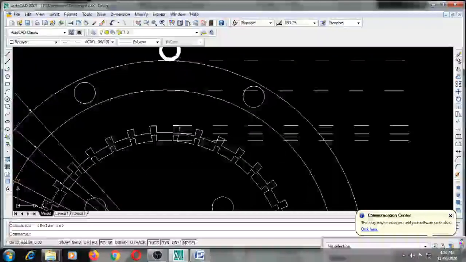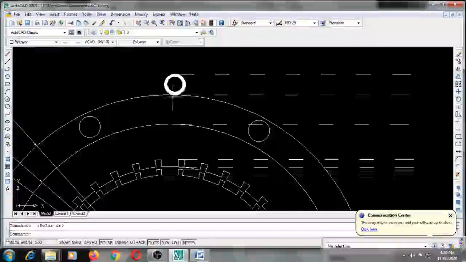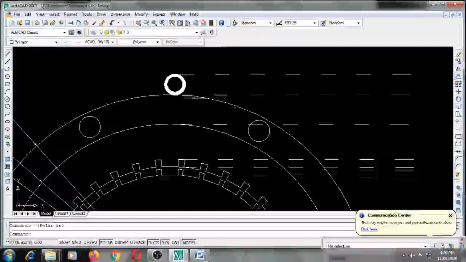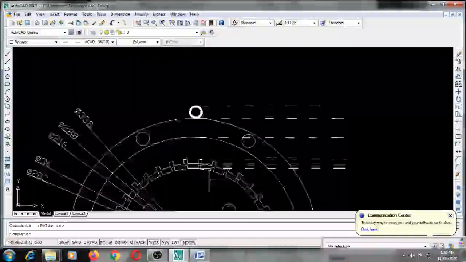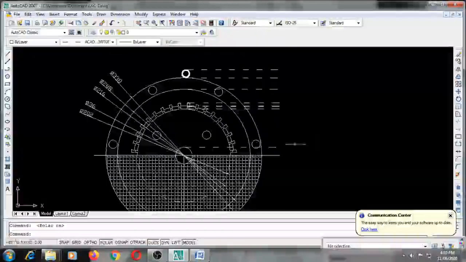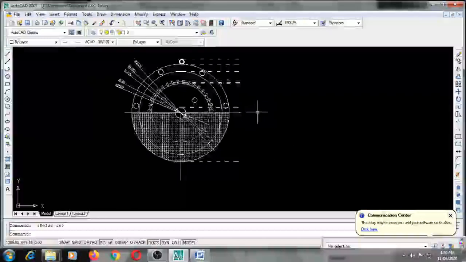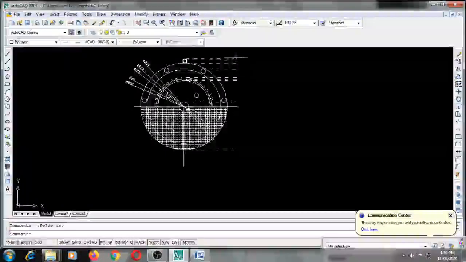See, look at this. From the outer dimension of the key bolt, eye bolt, or inner dimension of the eye bolt, all the circles, all the slots, upper and inner slot dimensions, everything has been projected towards the right side. And now we just need to complete this line from this end to this end. We will get a line.